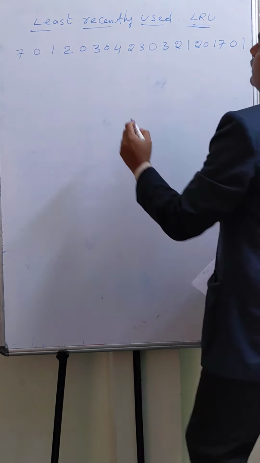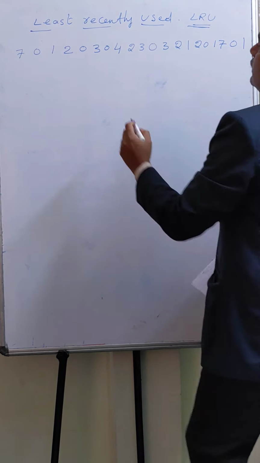Now we'll see using the least recently used, LRU. First we did first in first out and we got 15 page faults. Next, the optimal page algorithm, in that we got 9 page faults, but the optimal page replacement algorithm is not feasible. It's only for study purposes. The third important algorithm we're discussing right now is the least recently used algorithm. The main thing here is the page not used for the longest period of time.